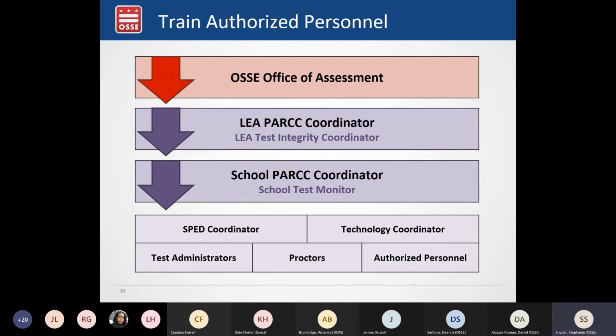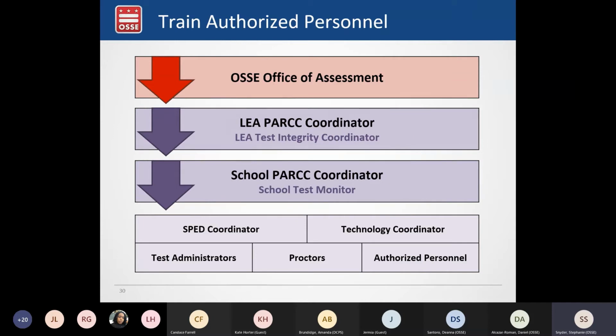So OSSI provides the training for LEA coordinators who are then responsible for making sure that gets filtered down to the folks who need that training for school level administration. And depending on the size and structure of your LEA, it may be that the LEA coordinator provides the training for the school test coordinators who then train their school-based personnel, or if it's a smaller LEA, it may just be that the LEA coordinator is responsible for training everyone.